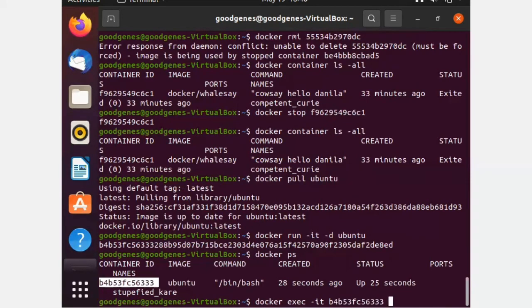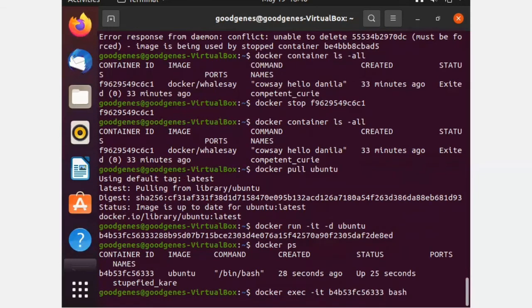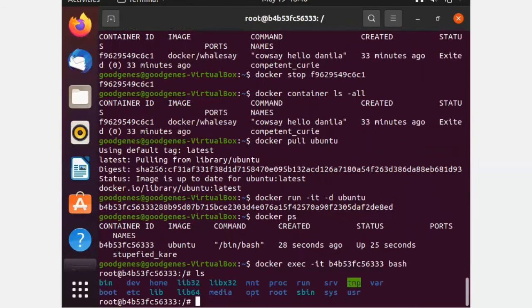Since it is bash in the command, I'm going to type bash. If it was just sh, I would have typed sh, and we get a shell scripting environment open for us, where we can type our own shell commands.